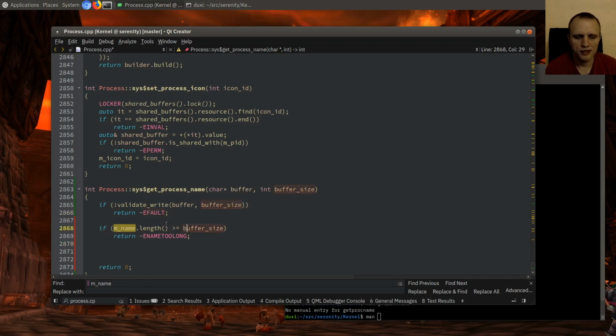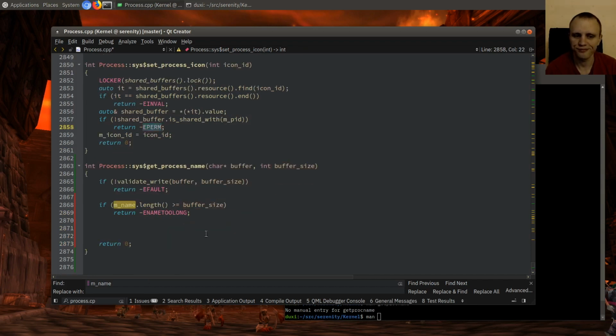Default, less descriptive: EPERM. Do you know what EPERM is, really? Because it took me a while to get used to. It's operation not permitted. Because my brain says it's permission denied, but no, it's operation not permitted. Anyway,